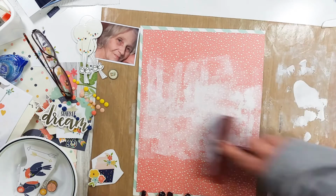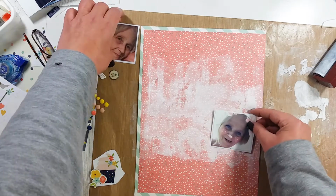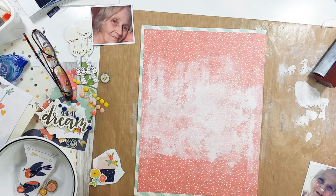Big glob. That's not the look I wanted. I wanted the washed, faded, you can see the lines look. It's okay, I do work with it. I am going to pull out my